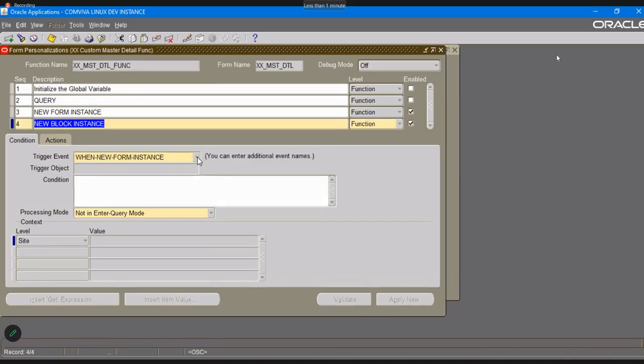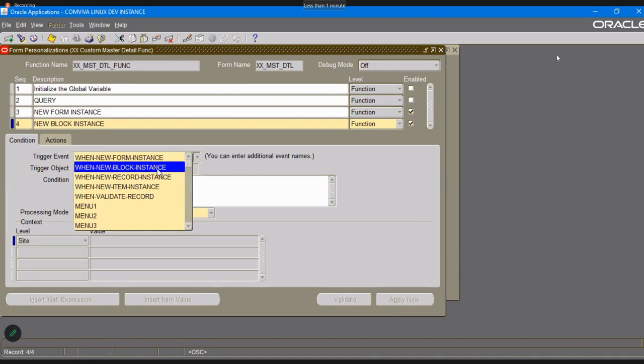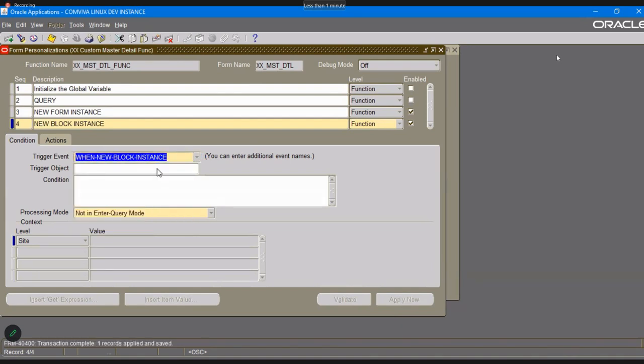We have provided it on the new form instance. We need to provide a new block instance; we have not changed that. If we provide this block name, then it will fire only on that block. But we want